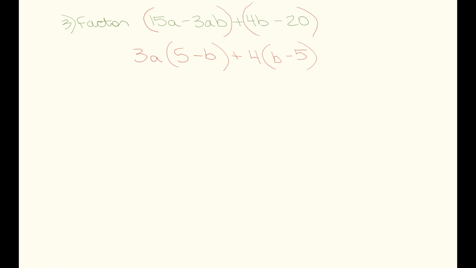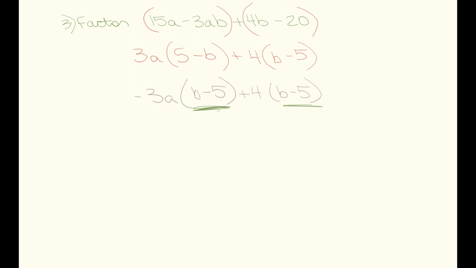So watch what happens. If I change this to a negative 3a, I can reverse this to b minus 5. It is the same thing because 3a times 5 is 15a, and negative 3a times negative 5 is 15a. So it's the same thing, it's just reversed. Now I'm going to leave this plus 4 times b minus 5. Now that both of my parentheses are the same,